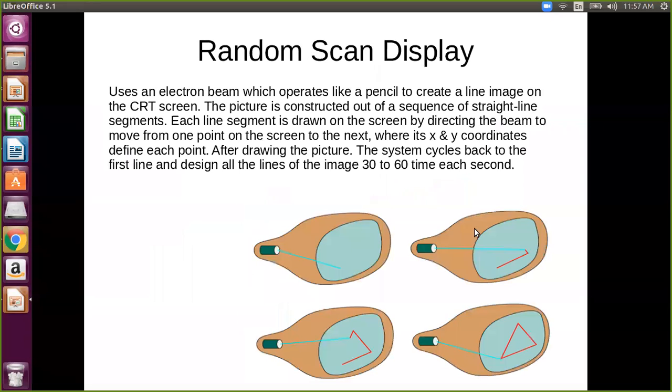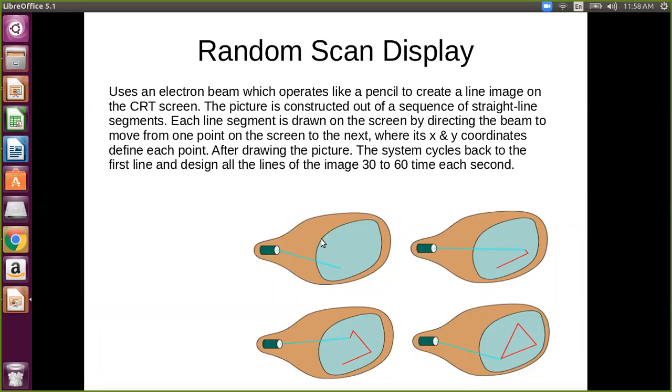Okay, so we have two types of scan display, one is raster and another is random. In random scan, randomly selected objects, meaning lines or pixels, are drawn randomly. First of all, the object is selected, the lines are calculated and selected, and then the electron beam only draws that particular portion, and the remaining part of the display device is not changed.